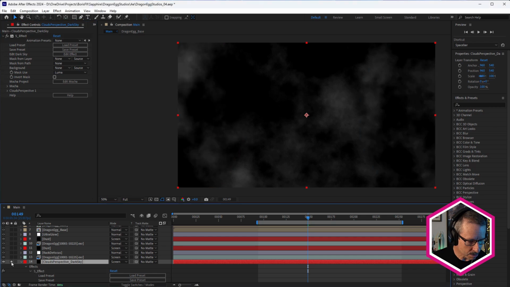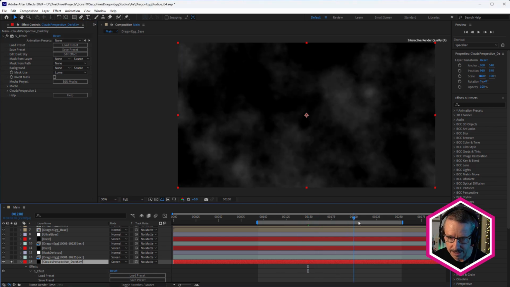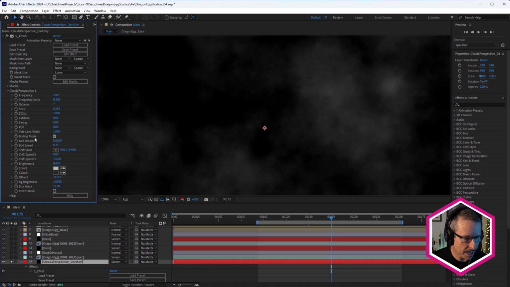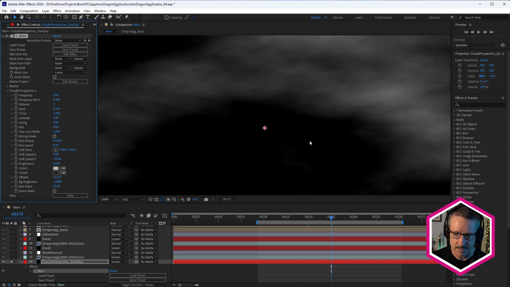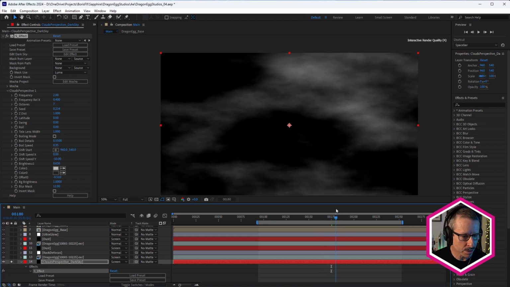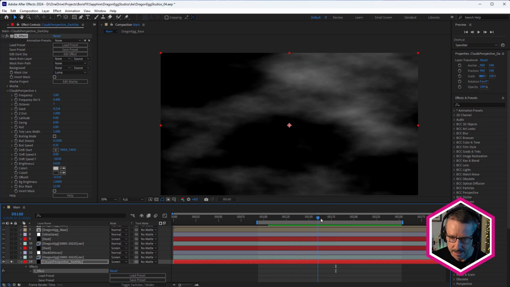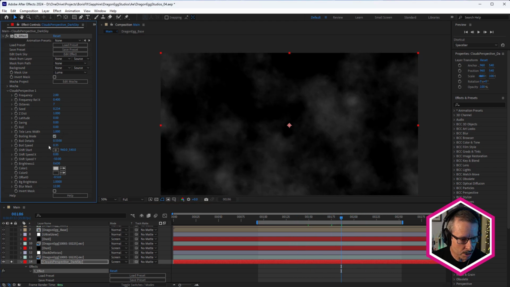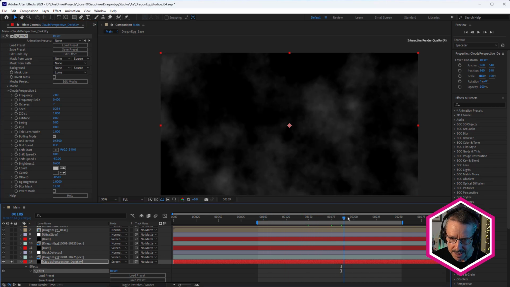So I'm just going to solo that, and here's the finished look. You've got this sort of boiling, smoky look. Now, the reason we have that boiling is because I've checked boiling mode. If I uncheck that, you get more of that sort of classic, streaky clouds look. Although I have got the movement going up on the Y. You can see shift speed on the Y is set to -50, and that's moving upwards. But by choosing boiling mode and adjusting the boil speed and the boil details, you can get that smoky look.